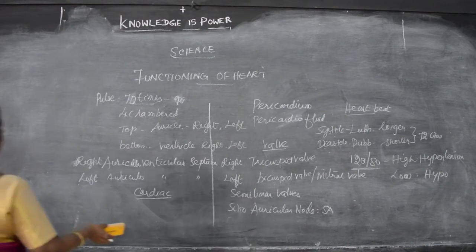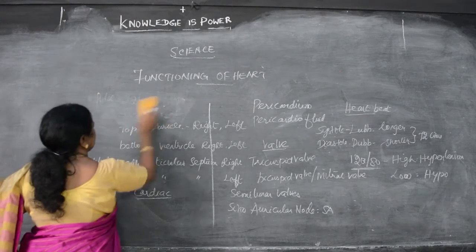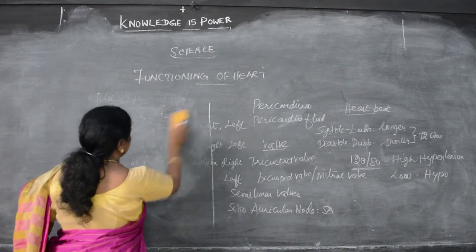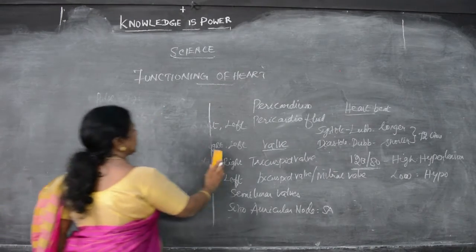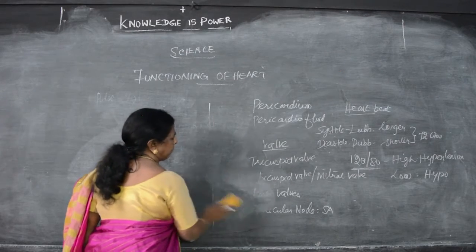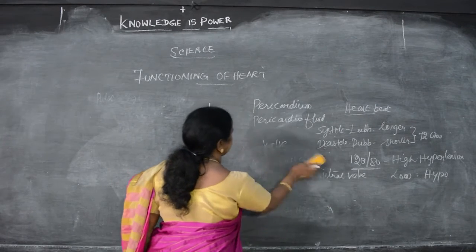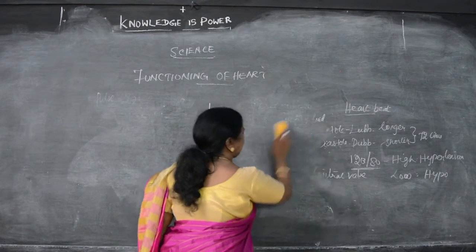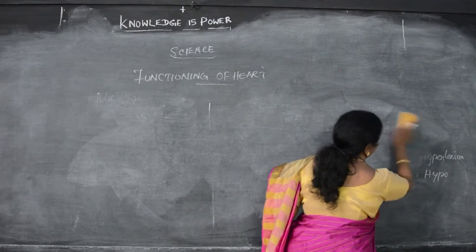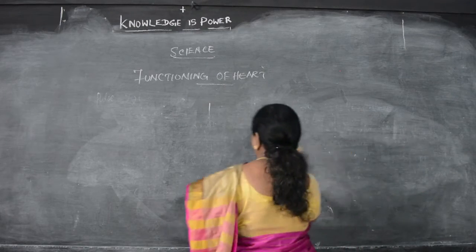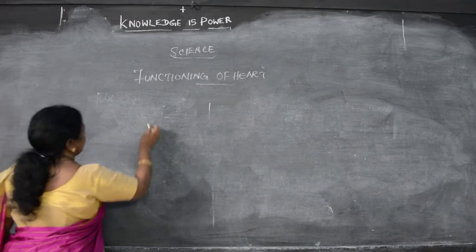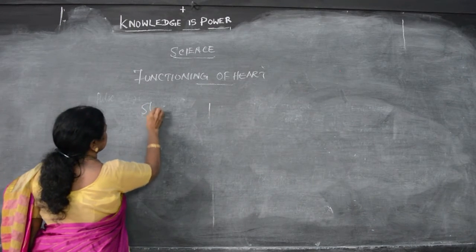Then what are the instruments to find out the condition of the body? Blood pressure, heartbeat, whatever it may be, there are some instruments. We have to see what the instruments are, and everything is displayed in our lab. While you are coming for the regular classes, let us see what a stethoscope and a sphygmomanometer are, the instrument to find out the pressure. Next we have to see the instruments. Stethoscope.